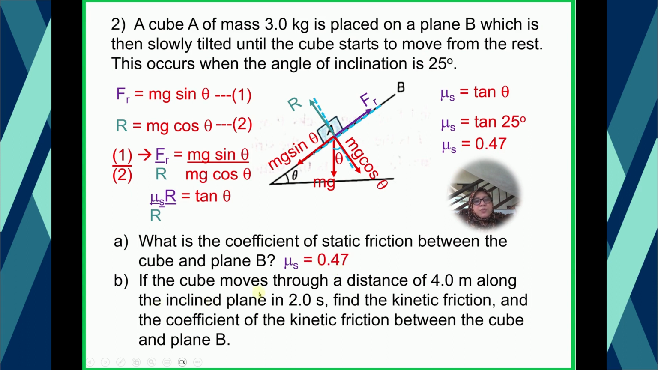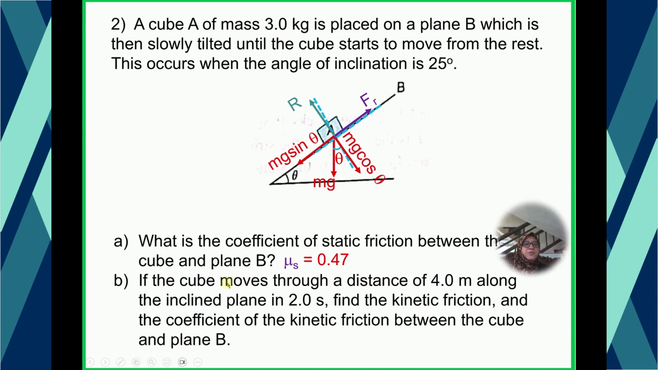If the cube moves through a distance of 4.0 meters along the inclined plane in 2 seconds, find the kinetic friction coefficient. This time the cube is in motion, so the friction involved is kinetic friction. We name the coefficient of kinetic friction mu k. Now for question B,